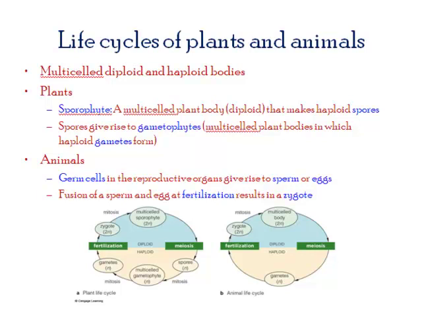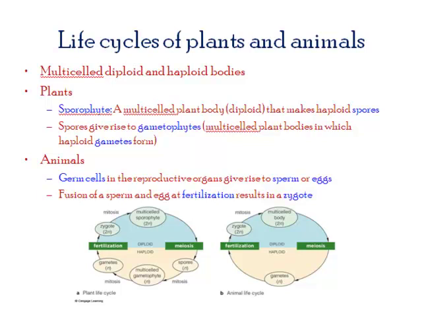Let's quickly go over some life cycles of plants and animals, which are both diploid. Plants and animals both have these two different phases. We have a state that is called diploid, and then we have haploid. In plants, the plant body is usually diploid, and many plants will have a region on the top,